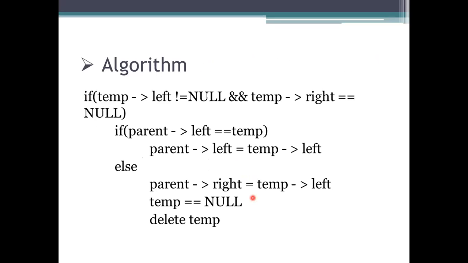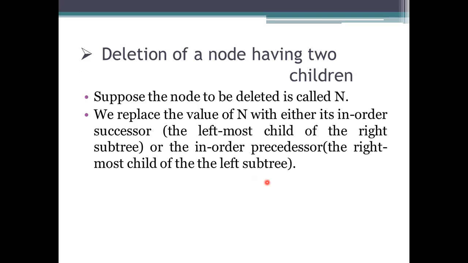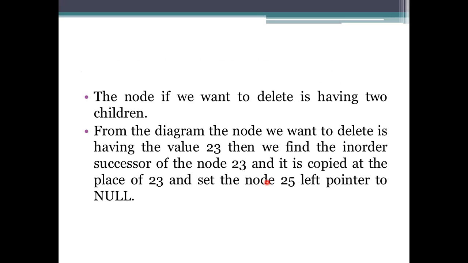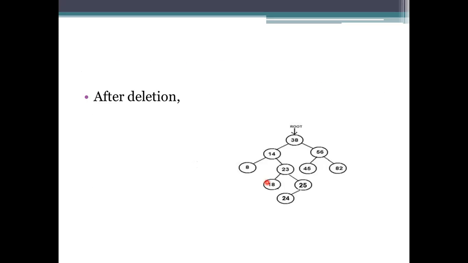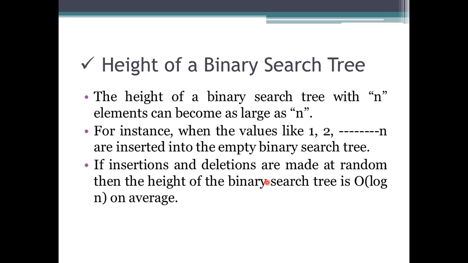Coming to the algorithm, first we go for the temporary element. The temporary element will be specified here, and then processing will be done. The node which has two children has to be deleted. First we go for the in order, and we see whether it has two children or not. So here we go for the successor of that node and the predecessor also. Successor means the left child and the right child will be there. First make the left pointer null, and then make the right pointer null. What we are specifying is a 1.